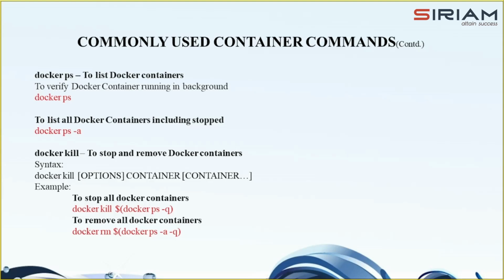Next is docker kill. It stops the Docker container by sending a SIGKILL signal, right? Docker kill is used to forcefully stop one or more running containers by sending a SIGKILL signal to them, and you provide the container ID or name of the containers you want to stop as arguments. To stop all the running containers, you can use a command like docker kill $(docker ps -q), and this command immediately terminates the containers without giving them a chance to clean up, right?